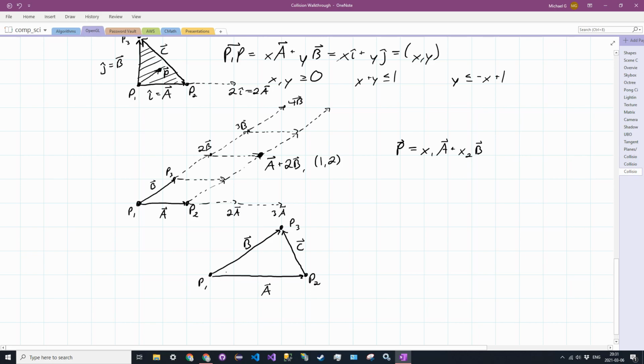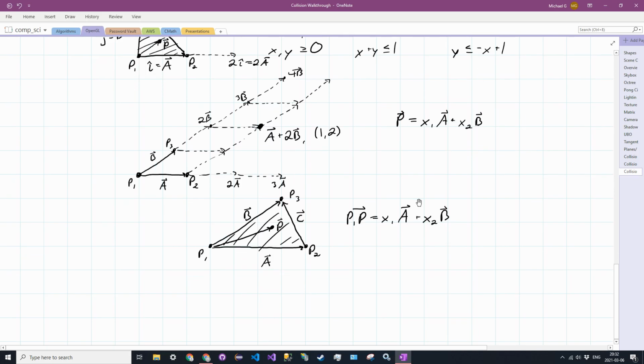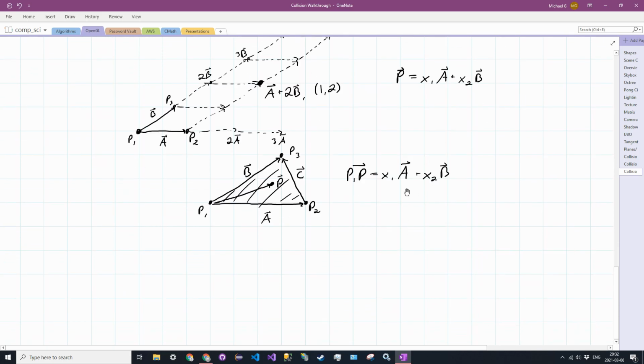If we wanted to determine if some point P was in the plane here, once again we would have to say, alright, well, P1P is equal to some value x1 of a plus some multiple x2 of b, which is exactly what we had before. And then, once again, x1 and x2 have to be positive,